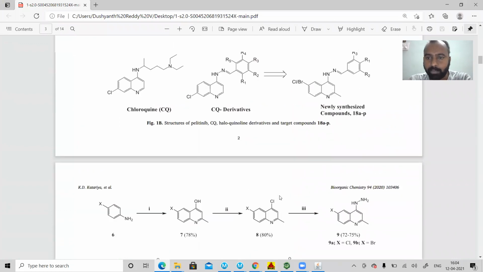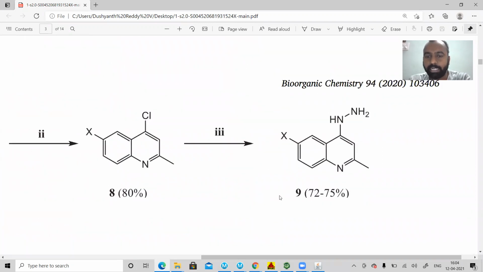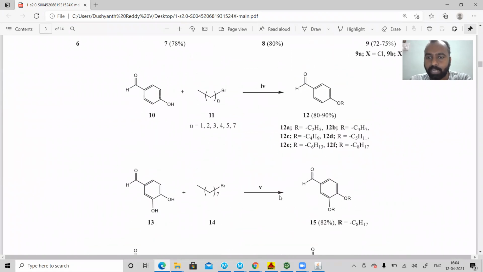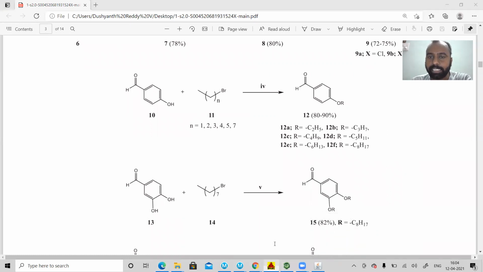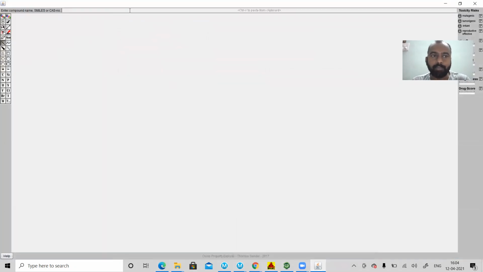This is a basic moiety, the essential pharmacophore present in my molecule, and it contains certain substituents. These are the substituents which are present on my molecule. So let us see how this lead optimization server will help me in sketching the molecule. Now this is my molecule which I have converted into SMILES format. I'll simply copy this molecule, go back to my O-Series web server, paste my molecule and click enter. Once I click enter, let us see what I am able to see here.